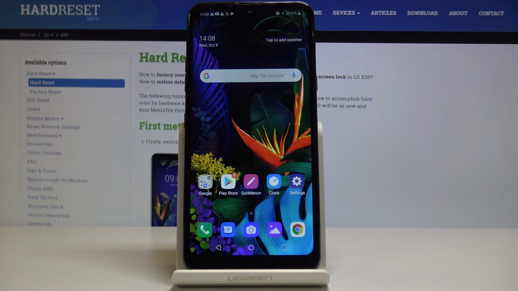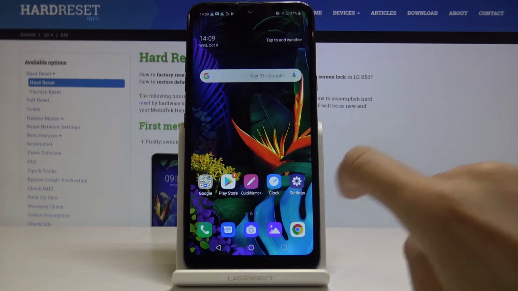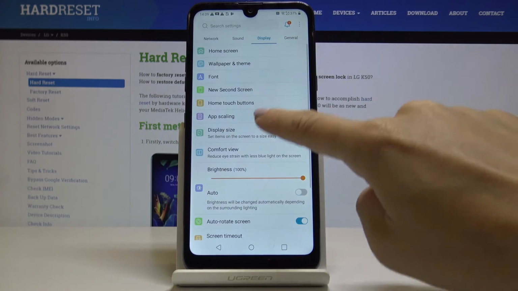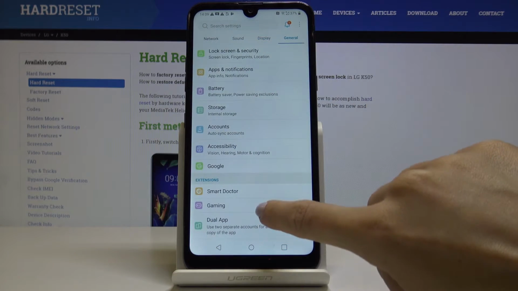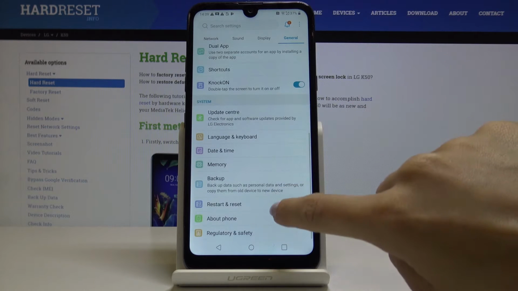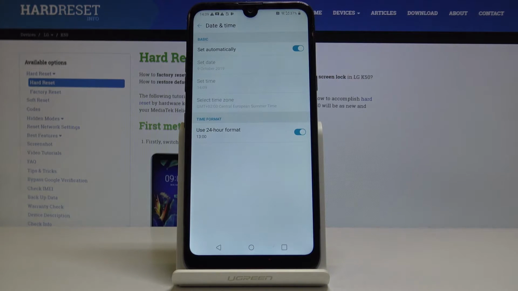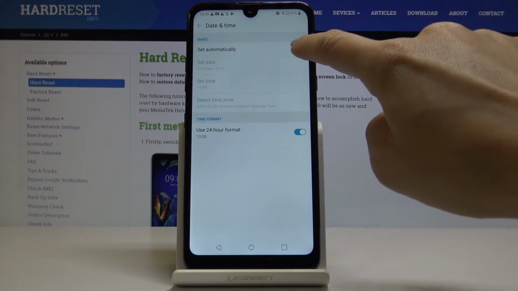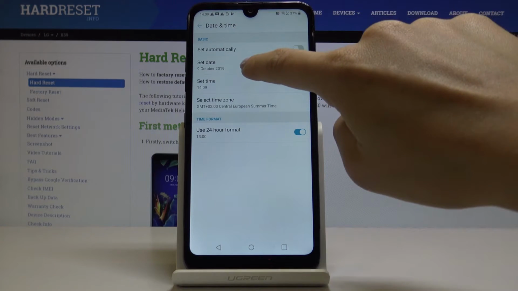Here I've got LG K50 and let me show you how to change the date and time on the following device. So at first let's open the settings, then go to the General, find and pick date and time, it's under System, and now you can either have an automatic date and time or you can switch off this function and set the date